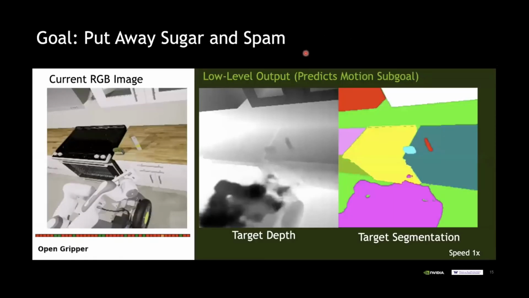The network also, in addition to the logical state tracking, whenever there's an operator that is generated by the planner, it will turn this high-level operator into a goal point for the gripper. Okay, so what you see in this video is on the left-hand side, you see the robot operating here in simulation. And on the right-hand side, you will see the network generating this intermediate goal point that the robot should execute according to the plan. So here it should actually put the sugar and spam into the drawer, okay? So pay attention to the network on the right, and you will see that it always anticipates the next goal point that the robot should go to.